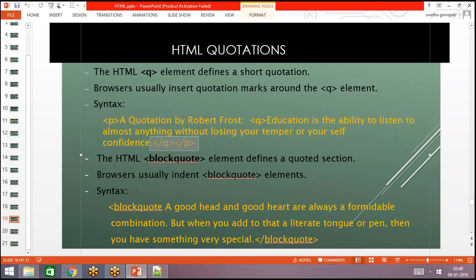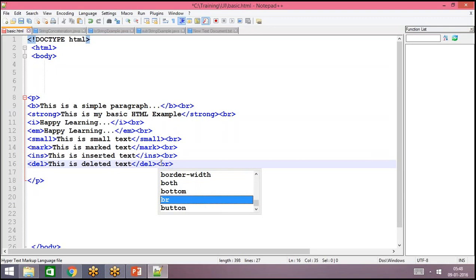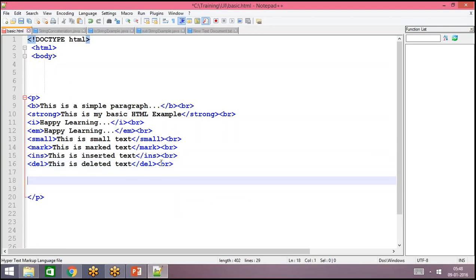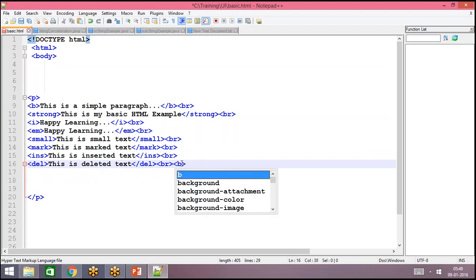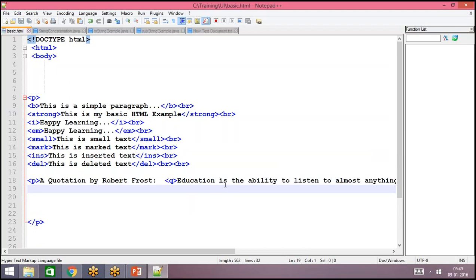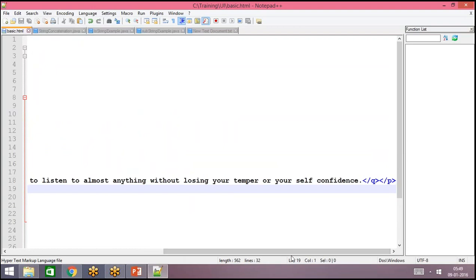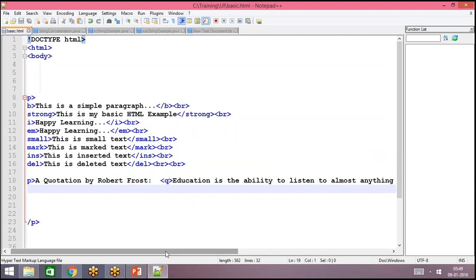Now let's see how this quotation will be shown on the web page using the Q and blockquote elements. So this is the quotation I have added. Now this quotation will be shown in double quotes when we show it on the web page.